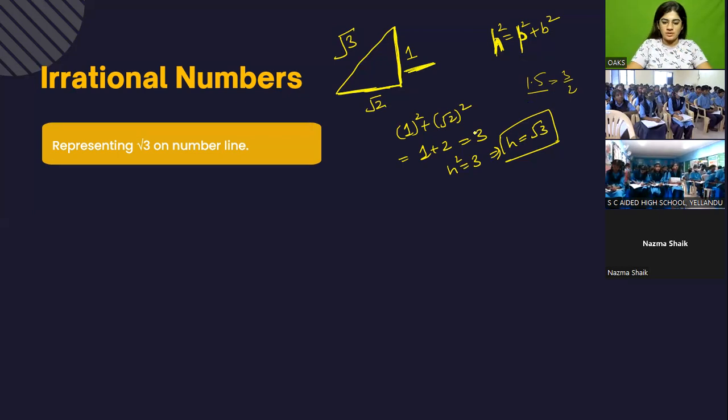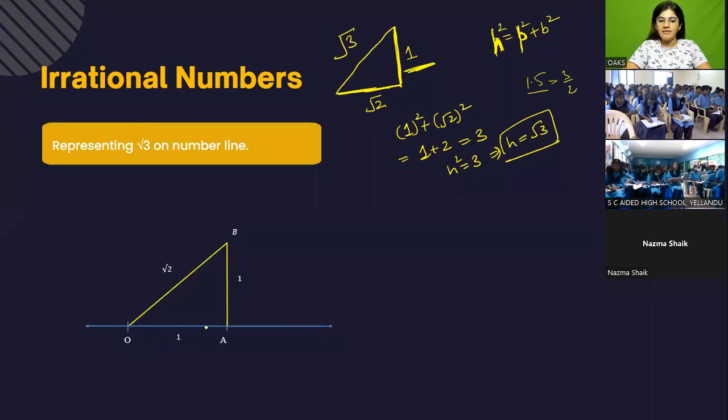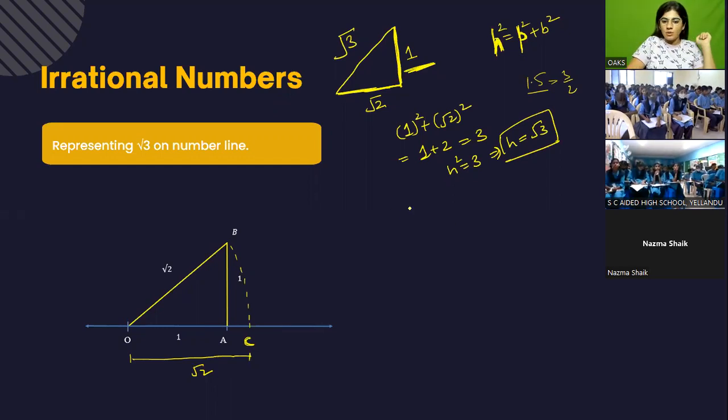Let's see how this works. We have this from the previous diagram, right? What we did was use a compass and plot OC as root 2. Now what we need here is base as root 2. So if I take OC as my base and draw 1 unit here on C,